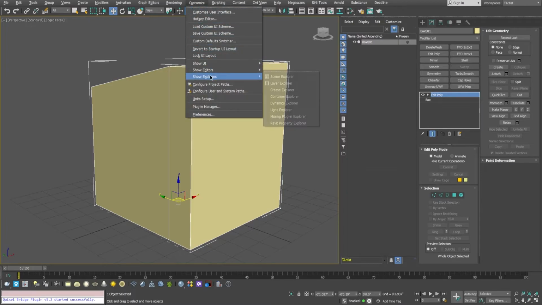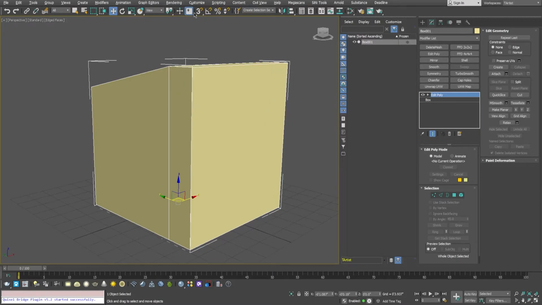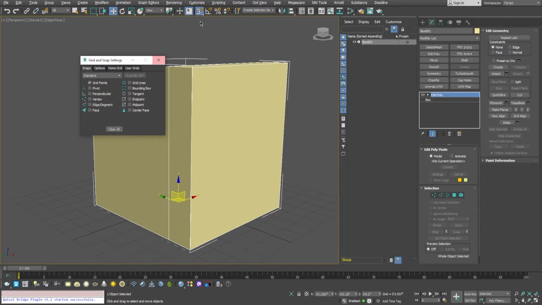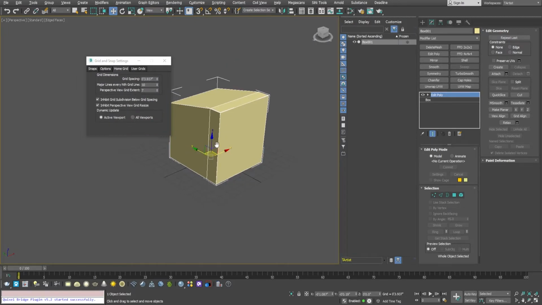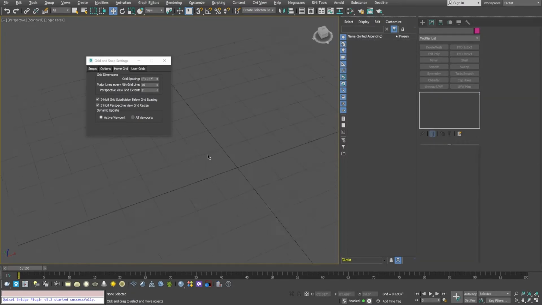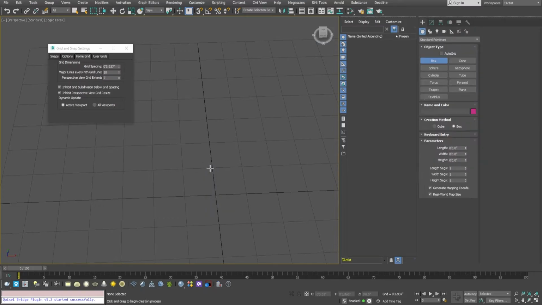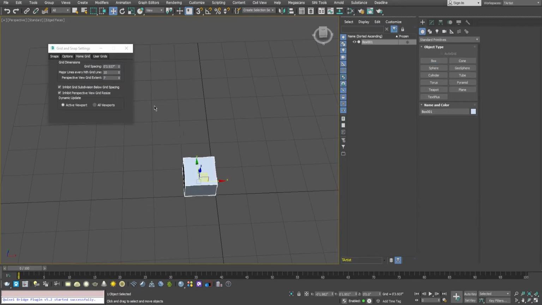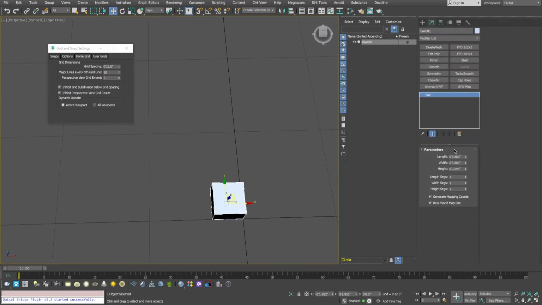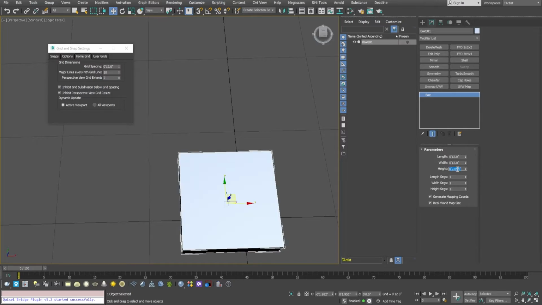I'm just going to set up my grid, home grid. For now my grid is set to 3 inches. If I create a box, you can see that it is 3.937 inches by 3.937 inches. And if I set it to 12 inches, which would be roughly 1 foot, and go to my box and set it to 12 by 12 by 12 inches,